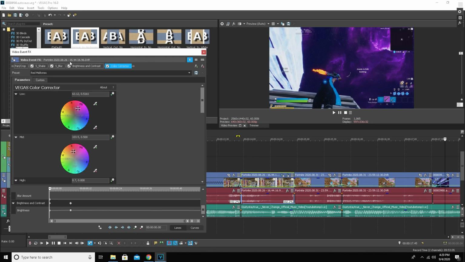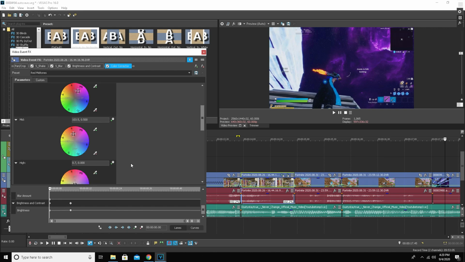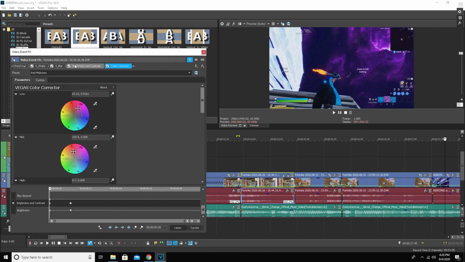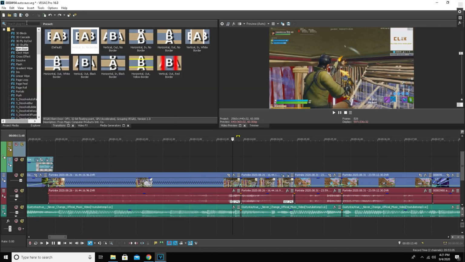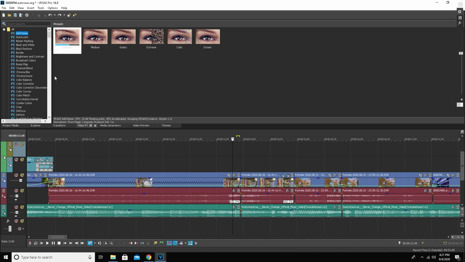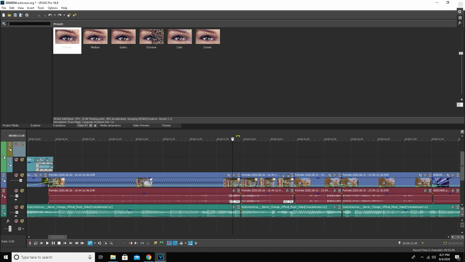For color corrector, you're just gonna add it, and I'm pretty sure you don't really change any settings. You just choose whatever color you want. I'll show you guys in a second, but just in case, these are my settings. Let me show you how to get that color corrector. You basically go to video effects, and then you search up